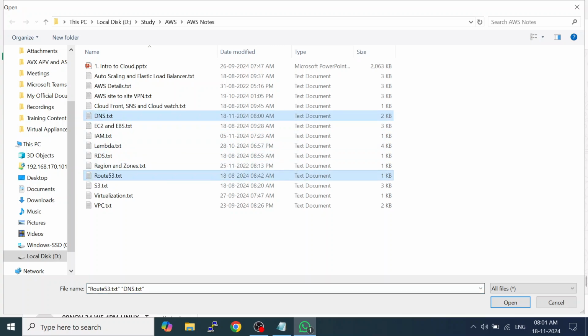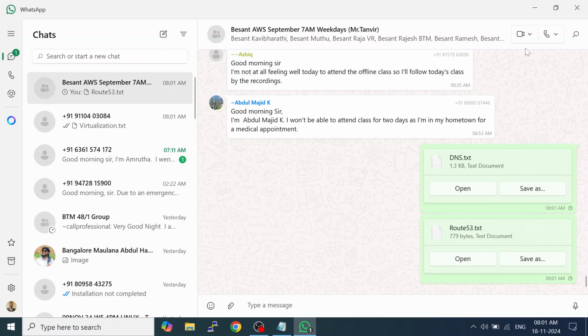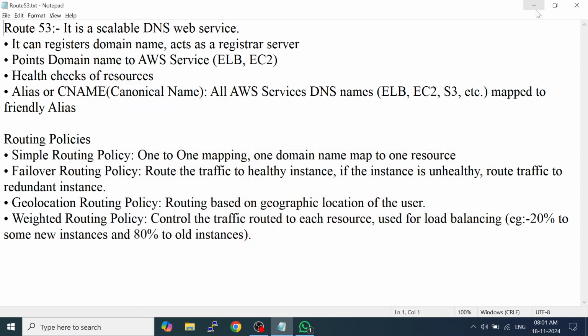So this one is DNS and Route 53. In the next class we will have Route 53, and if we don't get time to complete Lambda tomorrow, then Wednesday also we will have class. Route 53 will not take much time, I think maximum 15-20 minutes, because we will not be able to see everything. Here we need to purchase the domain on the cloud, then we can register and see the name resolution. That much you will not see. At least you will see how the resolution happens here.